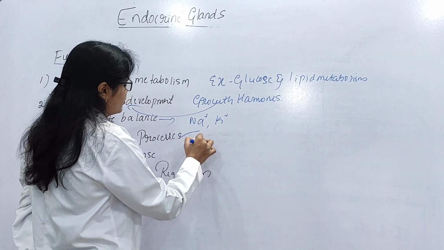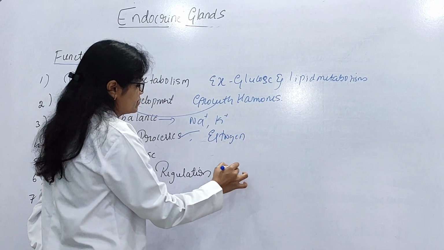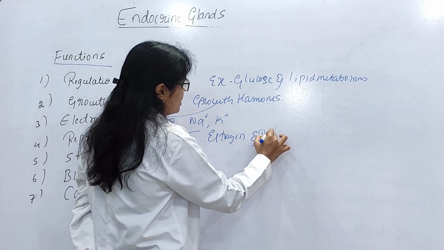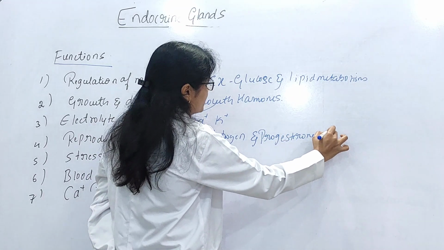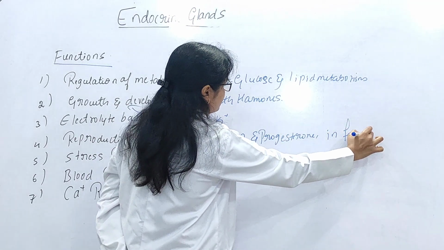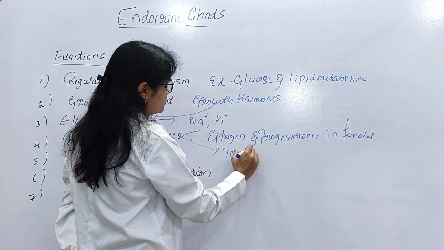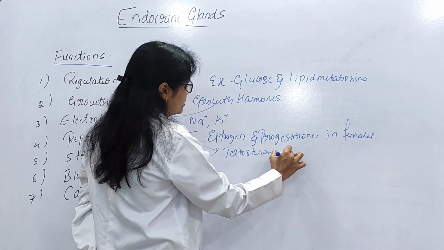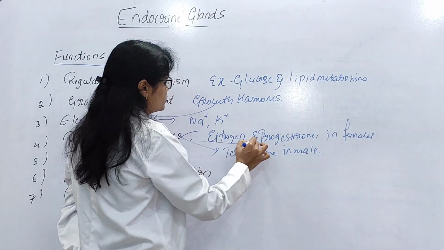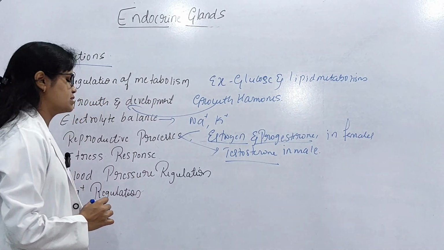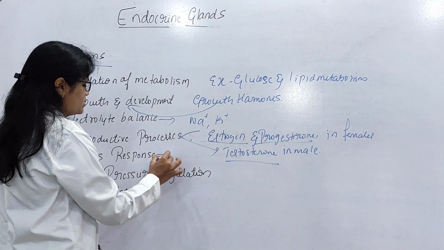The hormones helpful for the reproductive processes are estrogen and progesterone in females, and testosterone in males. So the estrogen, progesterone and testosterone are helpful for the reproductive processes, and also